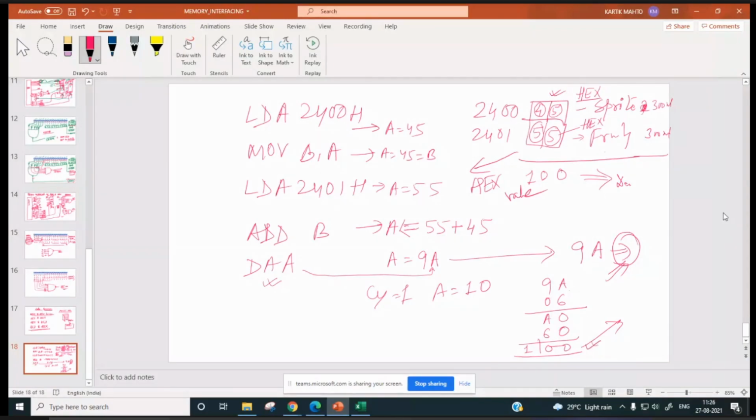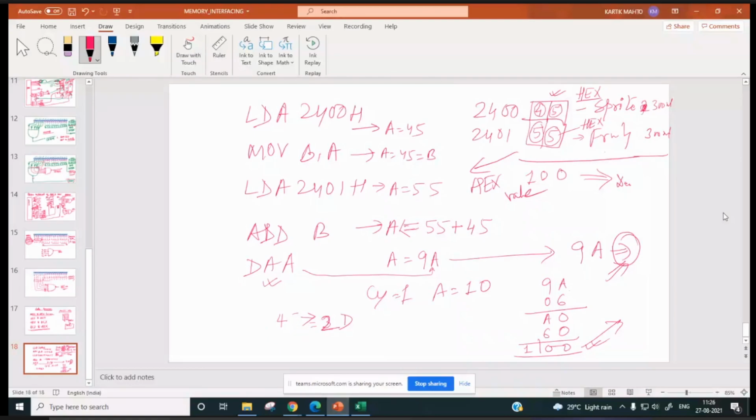So what is 45? 45 by 16 will be how much? 16 twos are 32, plus 13. So 13 will be D, no? 2D will be the corresponding value.